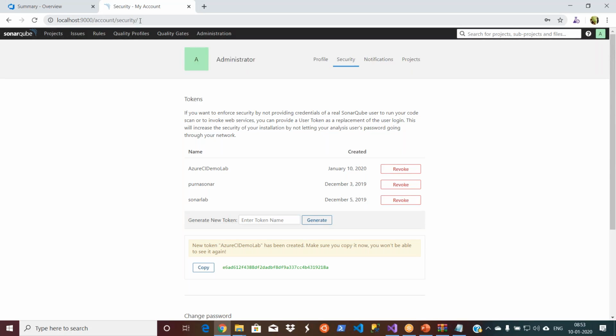But I explained these things because in future you may have to run this. If you are working for an organization which just started its DevOps journey, then you have to set it up. If you are working for a bigger or established organization, they already have all these things in place. You just need to go and use them actually. So since I cannot use it on-premise, I'm going to use the cloud version of Sonar. Okay. Before that,